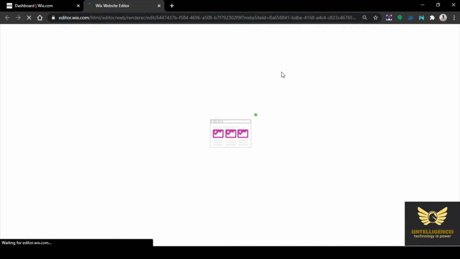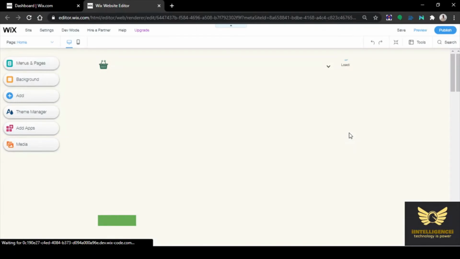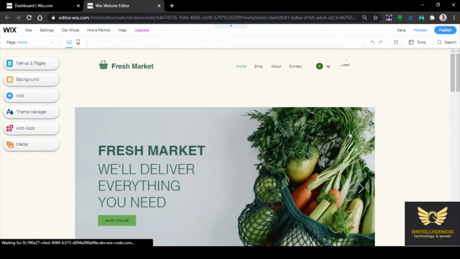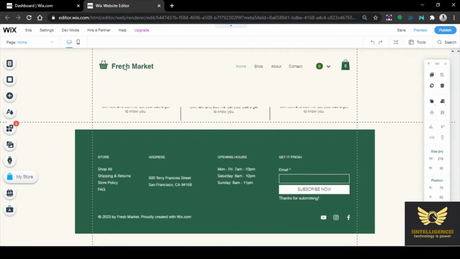So wait a moment. The editor is loading. Yes, the editor has opened. Now whatever editing you want, you can make it.